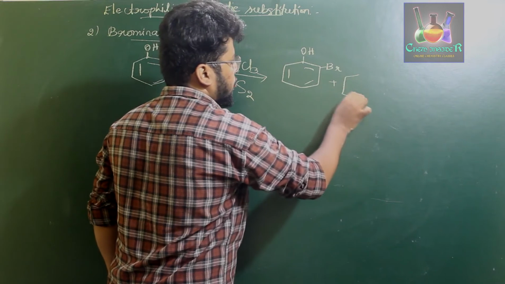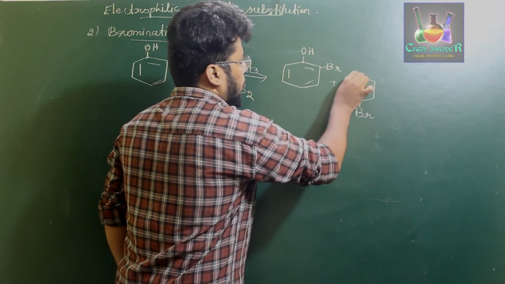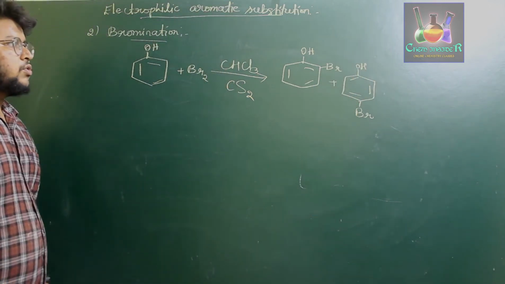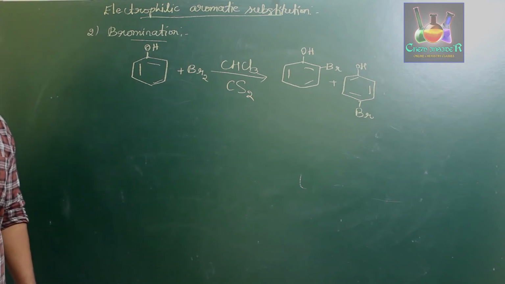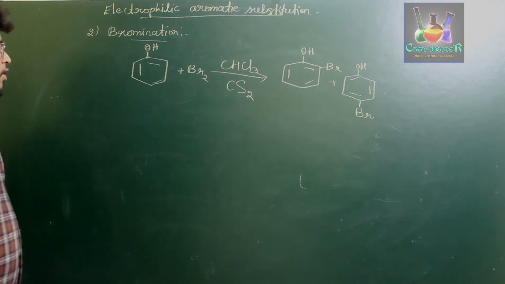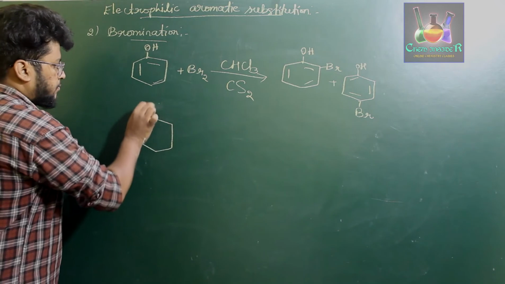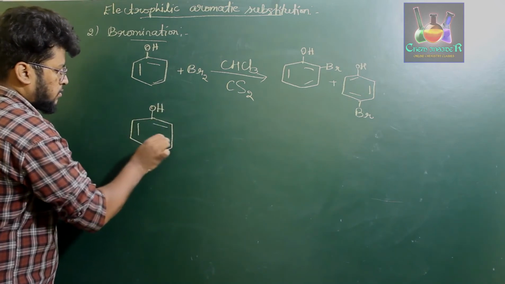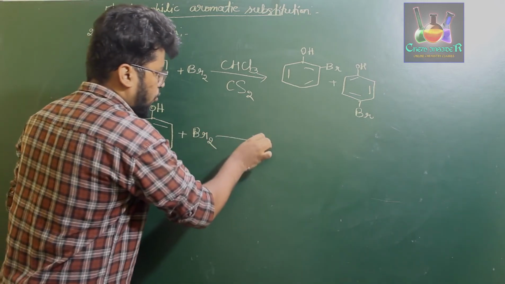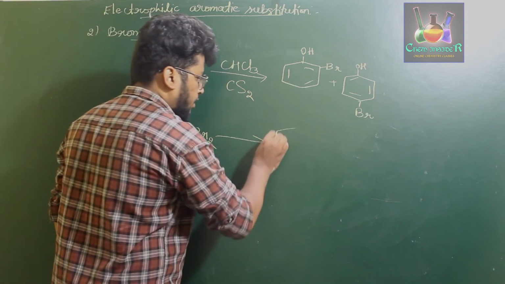This reaction usually requires a Lewis acid. Since the OH group present on the benzene ring is more polar, there is no need of using any Lewis acid. And further, when you treat phenol with bromine water, which is a strong brominating agent, it forms a tri-substituted product, that is